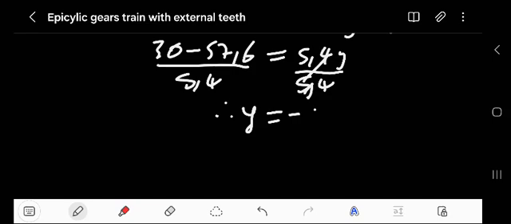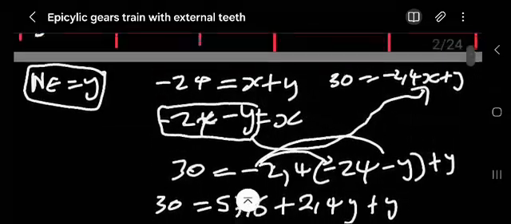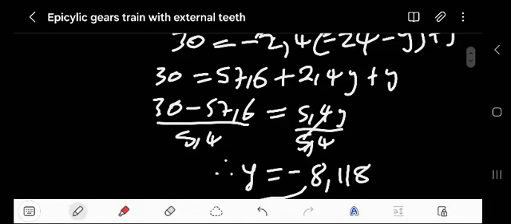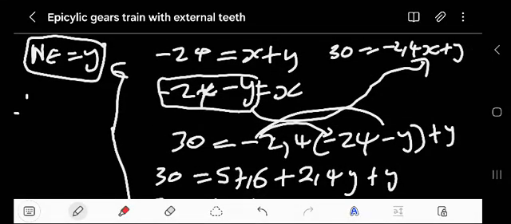Negative 8,118. We have the value of y now. Then we can take this and substitute there, here. Therefore NE will be equal to minus 8,1